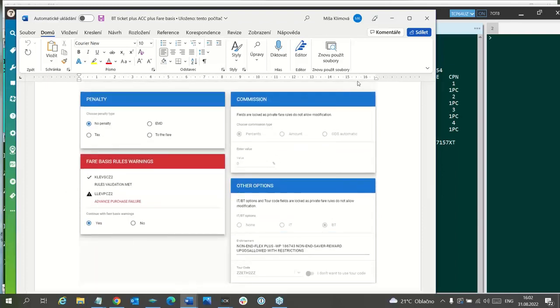Because again, we requested a fare with a specific fare basis.